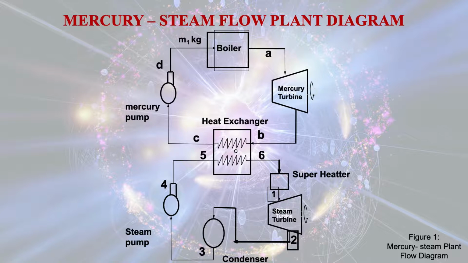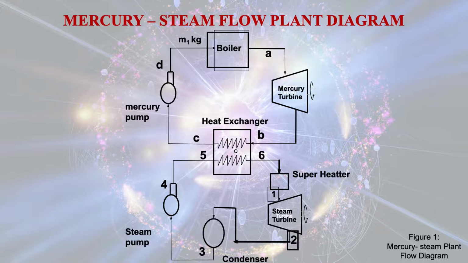So in this process, just see the diagram, you will understand that there is work done by the mercury turbine, and the work done by the mercury turbine you can get from the expression m (HA minus HB), where HA is the enthalpy at state A in the topping cycle and HB is the enthalpy at state B for the topping cycle.